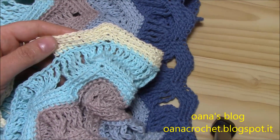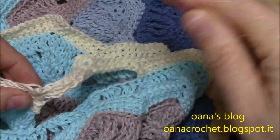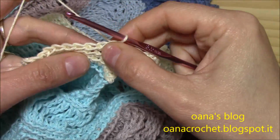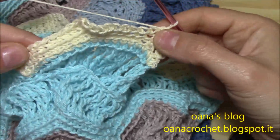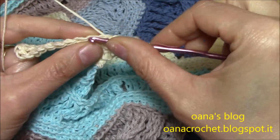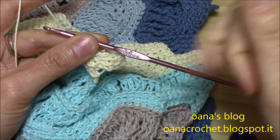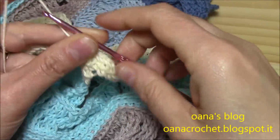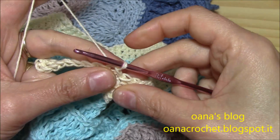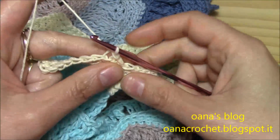And now I want to begin with my triple round, and instead of 8 single crochet, instead of 8 stitches, I will work 7. We know that we skip 2 at the beginning and at the end of each sequence, which means I have here 1, this is the second one to skip. Oh, I also changed hook, from 4 to 3.5, because I am working my triple crochet round. So 1, 2, and this is the 3rd, so it's in this one that I want to